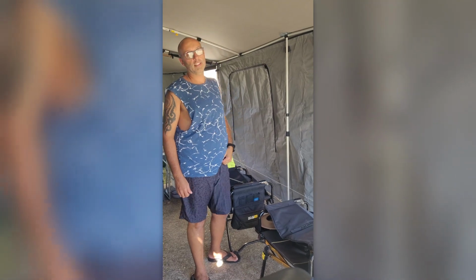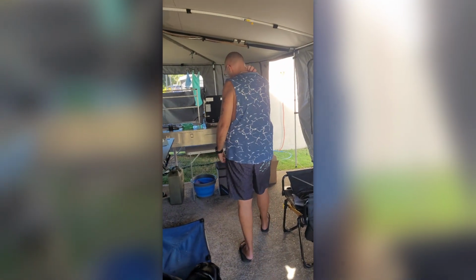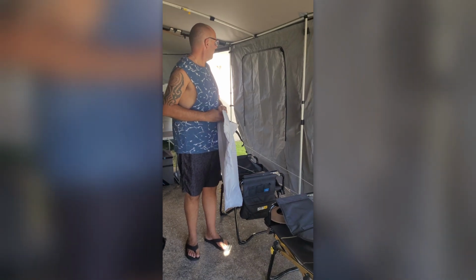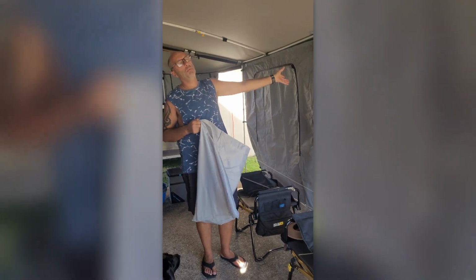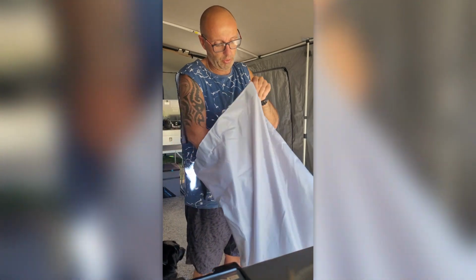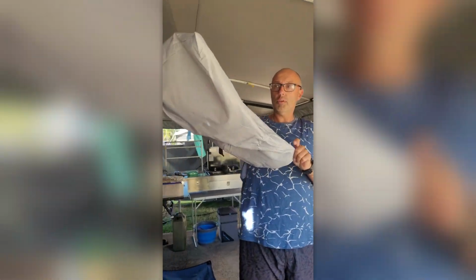What else came with the wall? Show them the bag. And what else? It's not just the wall. This is a storage bag. Don't quote me, it was 550 or something like that. I'm not 100% sure, I'd have to find the docket to tell you exactly how much it was for the wall. I think it was around that $500 mark. So you get a storage bag,